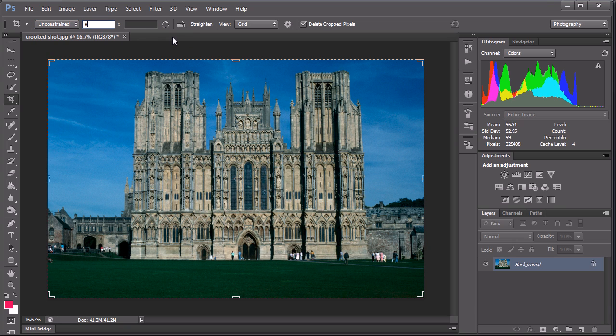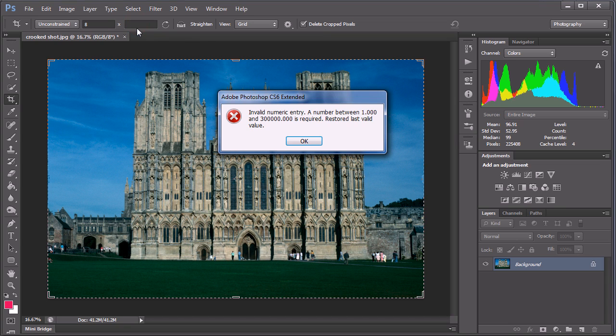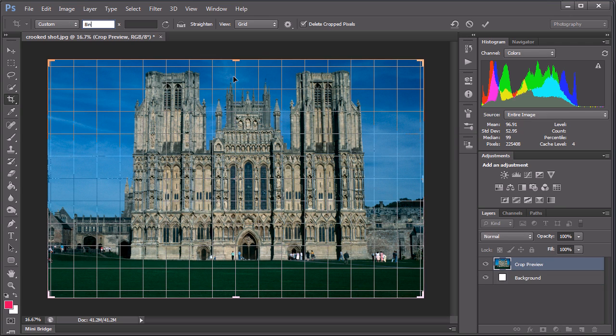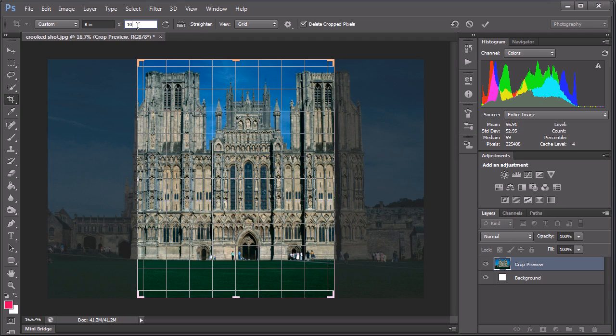So if I wanted 8 inches by 10 inches, I can go 8 inches by 10. Oh, it's telling me it's invalid. If I put IN, it'll accept that, I think. Oh, I've got a Chinese keyboard going again. I've got this endless problem with this Chinese keyboard. Okay, so there's inches, and in this place here I can put in the 10 inches,